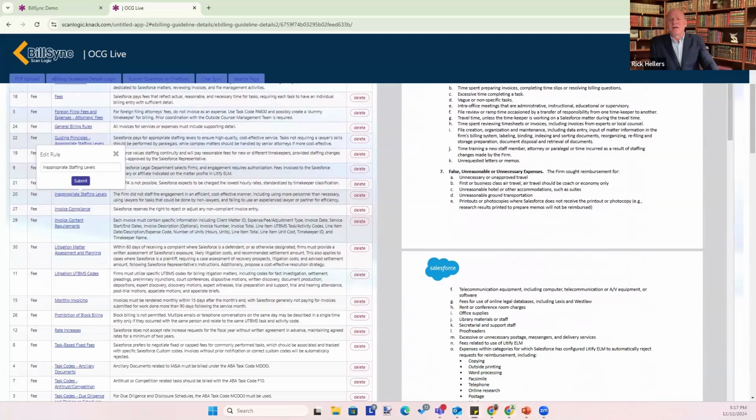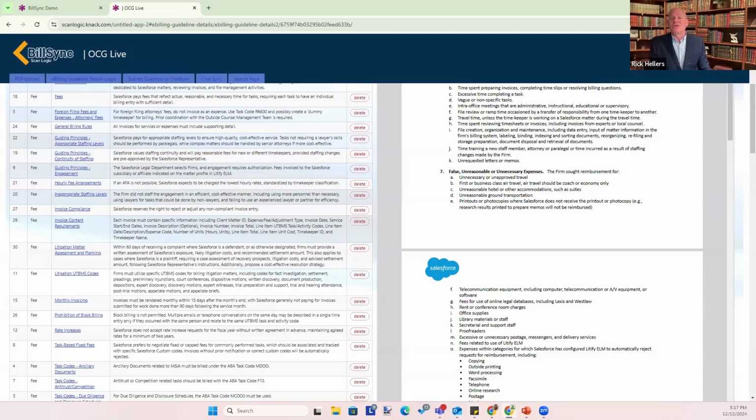It's really cool, right? Not only from a central repository of the OCGs and the rules associated with them, but we're actually dealing now with the time and billing, or time and cost compliance piece of e-billing, directly from individual clients' rule sets. There's no generic rules that apply. This is what you, the law firm, have agreed to with your client. And we know it's hard to deal with the compliance piece. We believe we're making it extremely easy